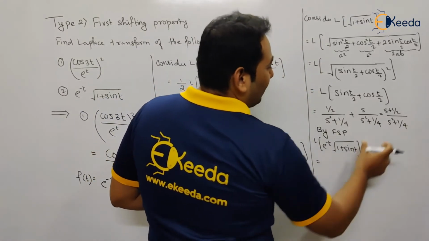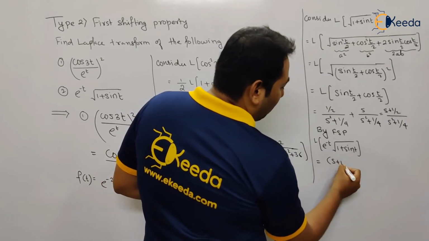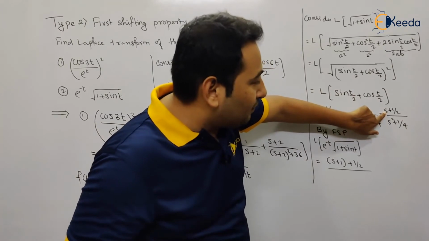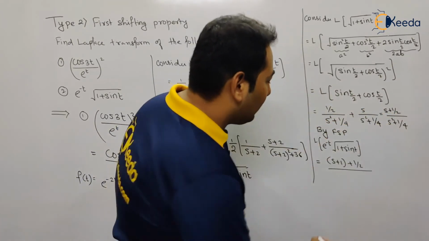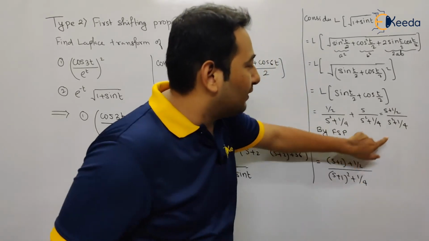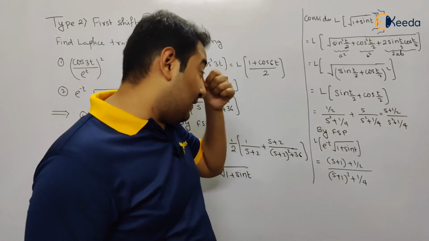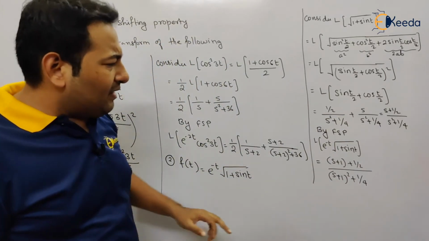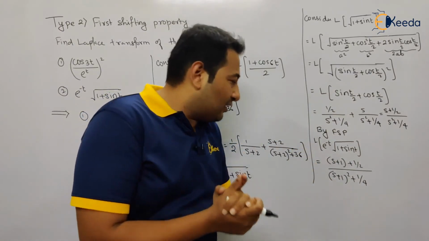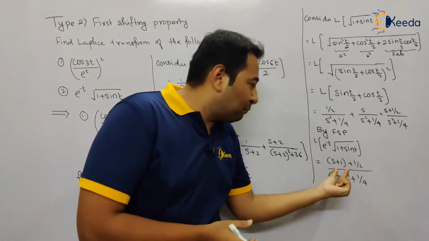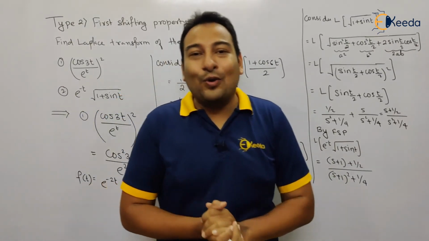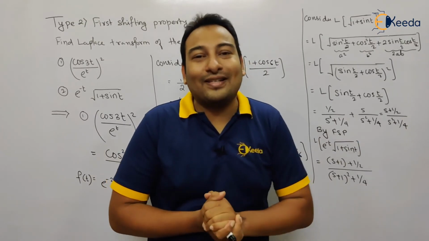So let's do it. This s will be shifted by plus 1, plus half. So this s will become s plus 1. This half will remain as it is. In the denominator, it will be s plus 1 the whole square plus 1 by 4. This s will become s plus 1. Is this clear? That's it. I recommend please don't solve this. Don't expand this. You can keep it as it is because we want to show the effect of FSP. So this is FSP. We'll keep it as it is. Is this clear? So we are done with 2 examples. In the next videos, we'll discuss a few more examples. Thank you.